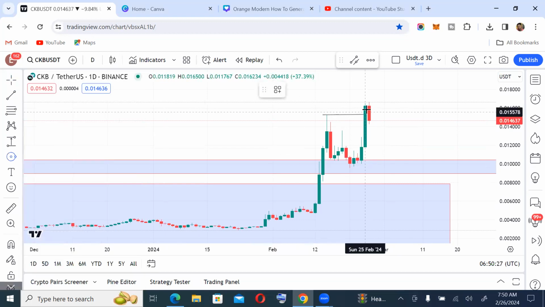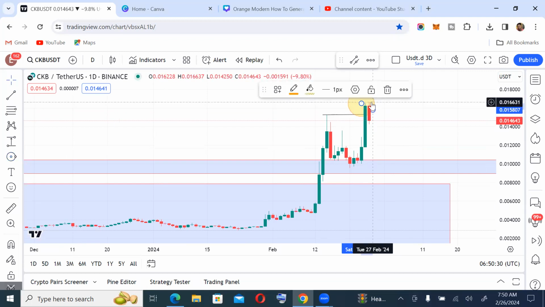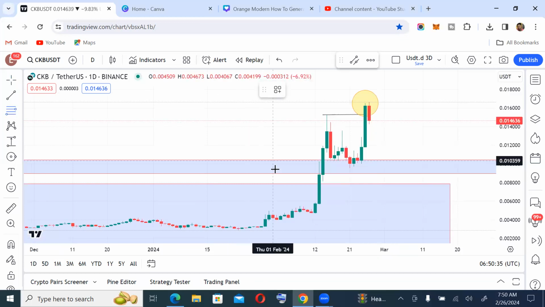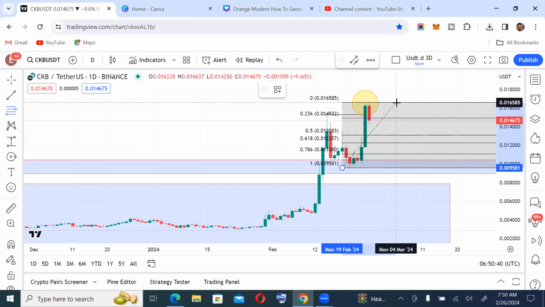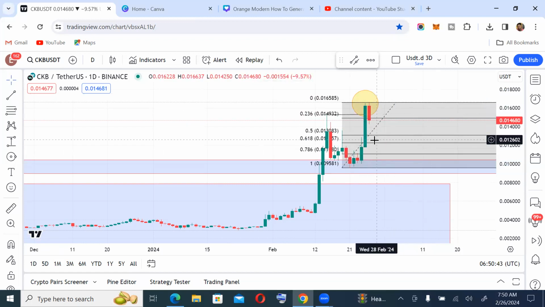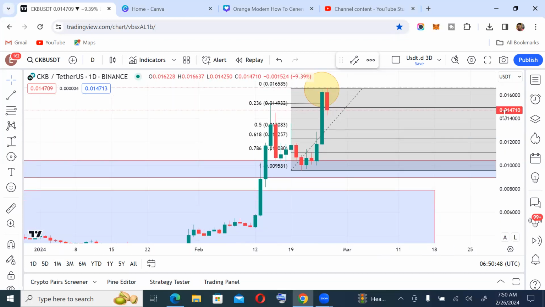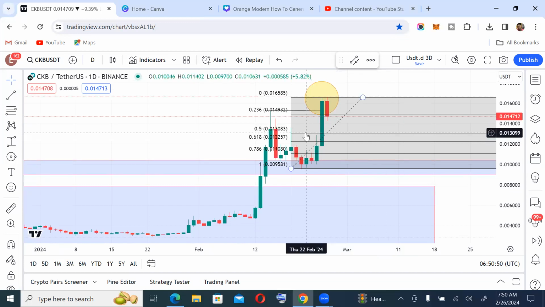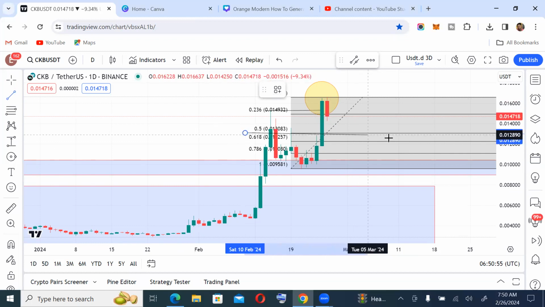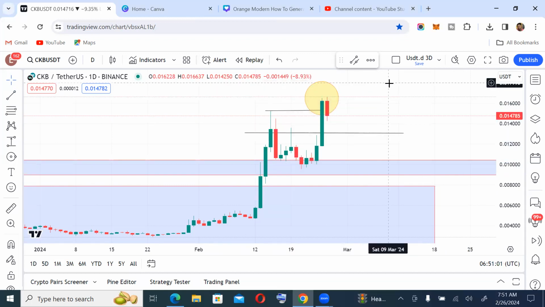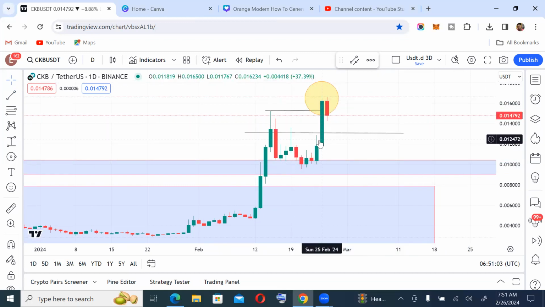Now, what are we going to do? This area is called premium. This area is called what? Premium. Now, I want to draw out our Fibonacci to look for areas where we should be what? Thinking of buying. Okay, now, anything below 50% is discount. Now, we're going to mark our 50% region. Take this out. So anything below here